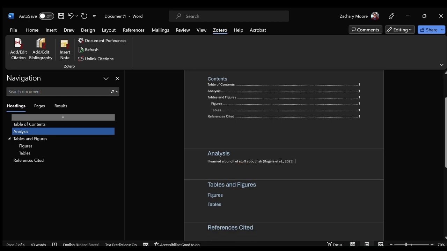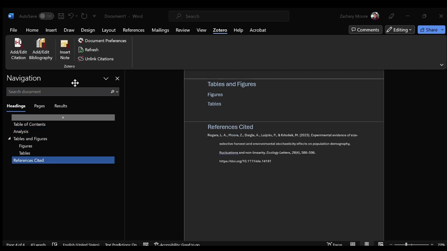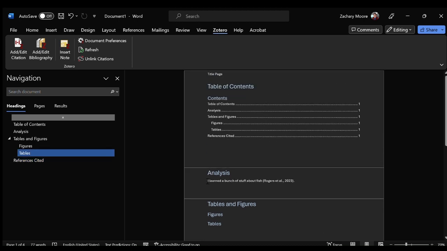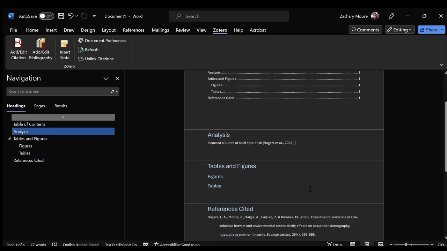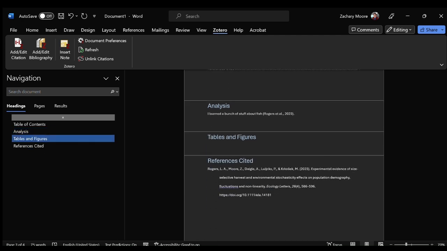Then with Zotero, it's really easy to add a bibliography at the end of your thing, which will auto-populate these things, and you can update the information in Zotero, and it will then update into here. So in terms of the analysis, I don't need you to have subheaders for your tables and figures, but what we're going to start doing is copying and pasting our figures out of the